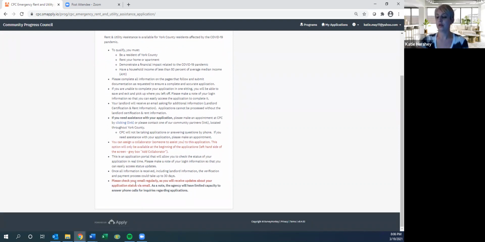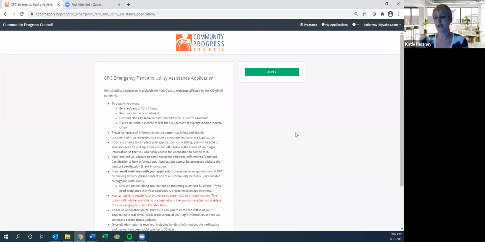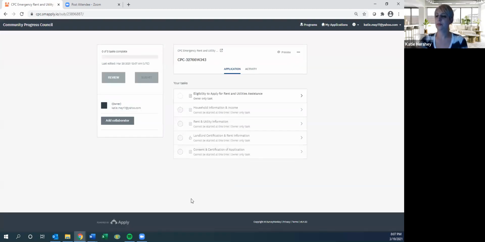You'll also note at the bottom that you can check your email regularly because you'll be receiving updates about your application status via email. And just as a note, the agency will have limited capacity to answer phone calls or emails for inquiries regarding your application status. It is advised that you check your email regularly for those status updates, or you can log back into this portal and review your application status here. So when you're ready to apply, you can click that Apply button,